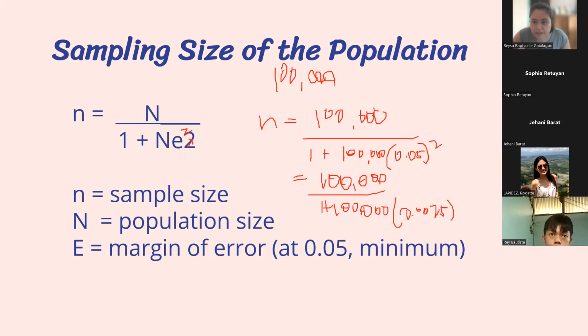Okay? And then let's do the math. Ito na lang ha, kaya wala na akong space. 100,000 times 0.0025 is 250. This is 250. So 100,000,